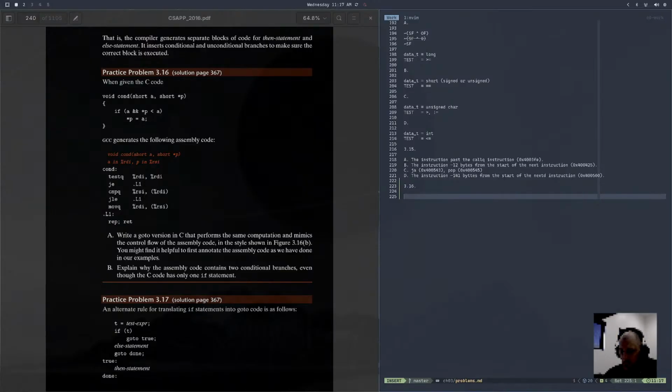When given the C code, void cond(short a, short *p): if a and *p is less than a, *p equals a. GCC generates the following assembly code. So it's going to test quad word RDI and RDI just to set the flags. And then basically